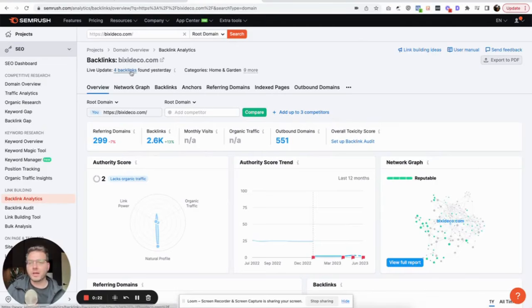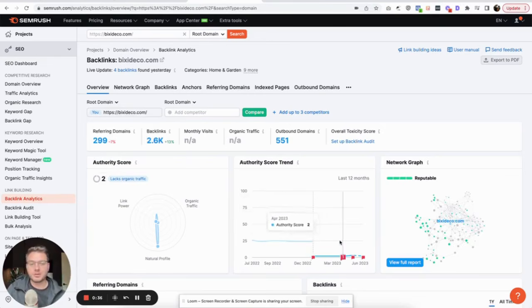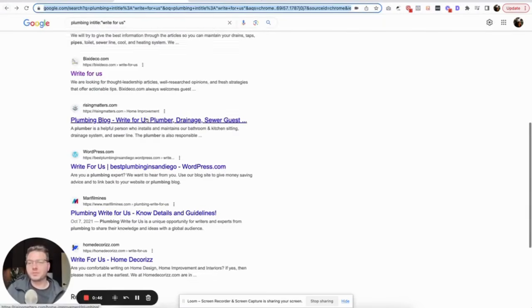So 4 backlinks found yesterday, great. It has an authority score of 2. So you're likely looking for an authority score of 18, 19, 20 or higher. Higher the better. So basically we could see here that they had a huge drop in their authority score recently. So this is probably not a site that we want to link from because it only has a domain authority of 2. So I'm going to go back here and you can do this first if you want to, but